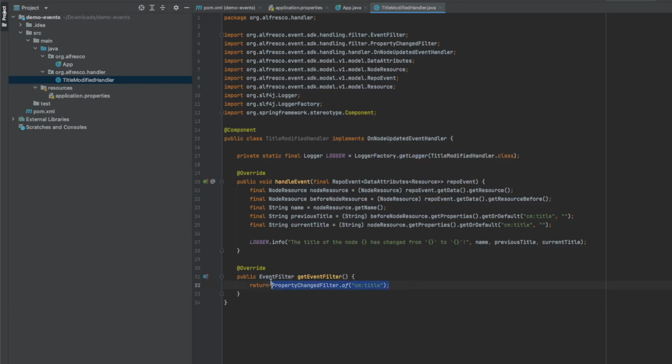And we are adding some filter to that condition. That is the property change filter. This is a default filter provided by the platform, but you can also develop your own filters. In this case, we are using this filter based on a property change on that cm:title